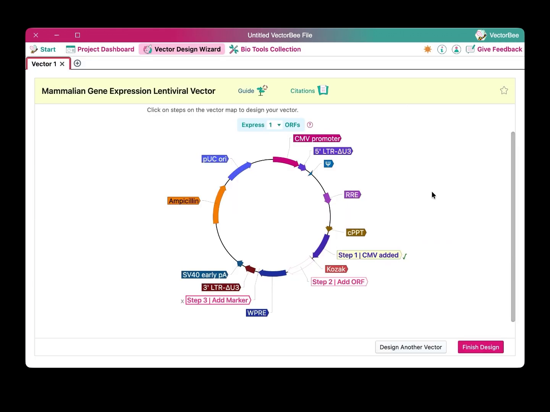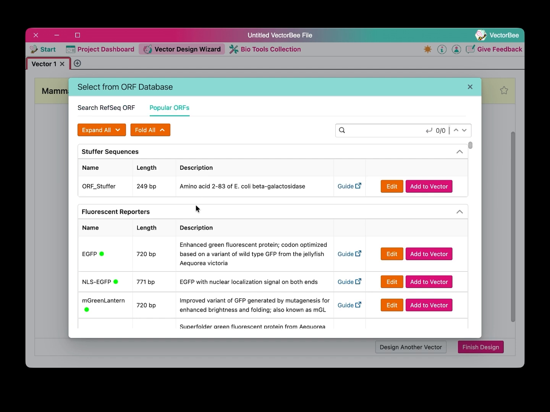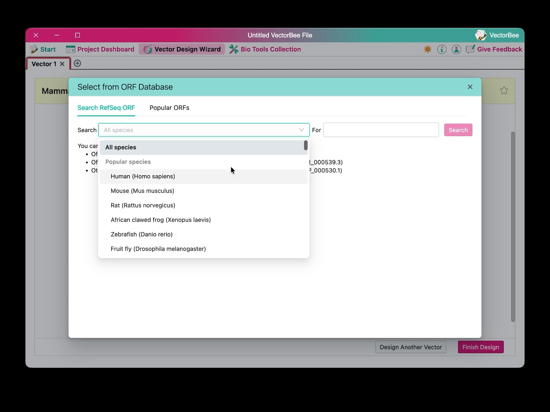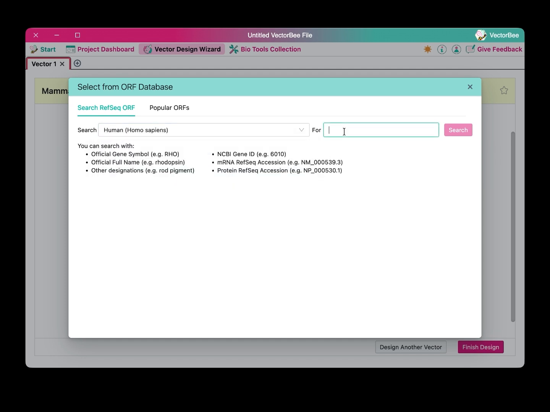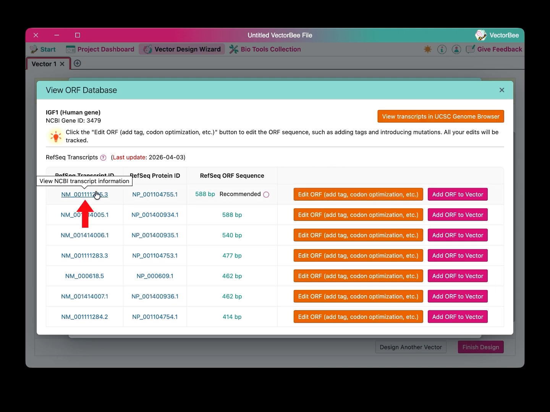For the ORF, I can search through VectorBuilder's popular ORFs, or I can utilize the integration with NCBI to search for my gene of interest in virtually any model species. I'm looking for human IGF-1, and I have a number of options for transcripts of different lengths. I can learn more by clicking on the RefSeq ID to go to NCBI, or I can go with VectorBuilder's